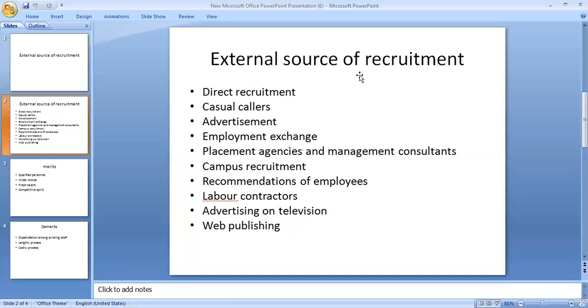And labor contractors, next one. Labor contractors are nothing but specific contractors to do a particular job, especially if you go for taking construction works and all. Contractors will be there not only for the construction industry, but in most industries, as they go for having the best contractors. And these contractors will be having a link with so many laborers. They will be having a direct link with these daily working laborers.